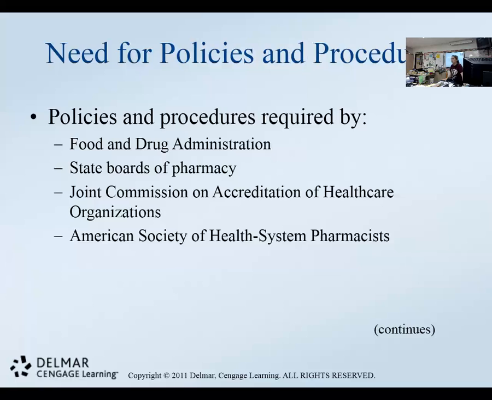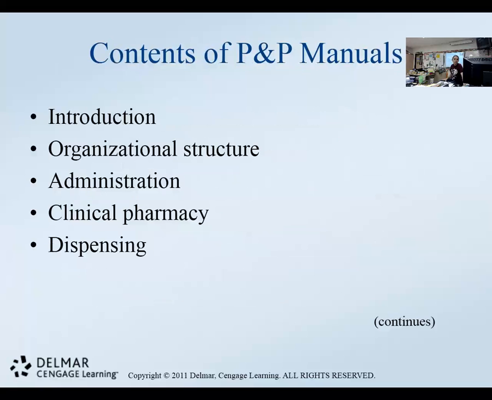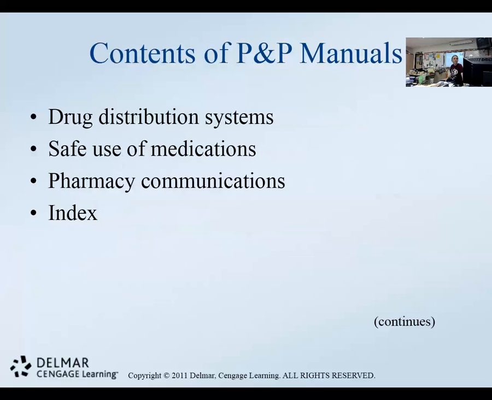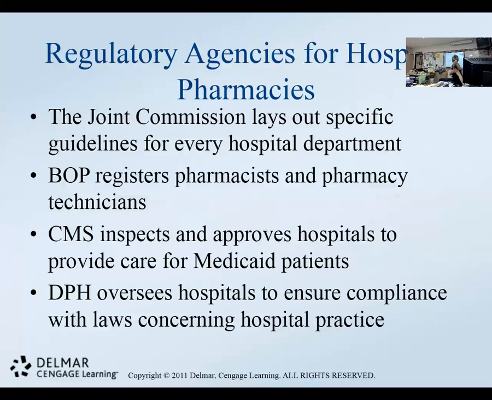Lots of strict rules. You're not going to be writing the policy and procedure manual. Regulating agencies for hospitals, so Joint Commission lays out specific guidelines, and they are usually pretty specific, and they expect you to follow